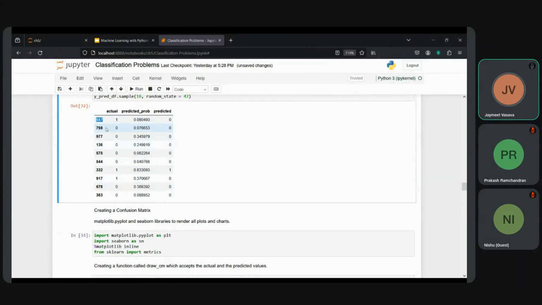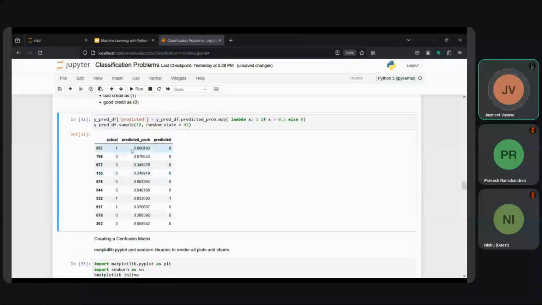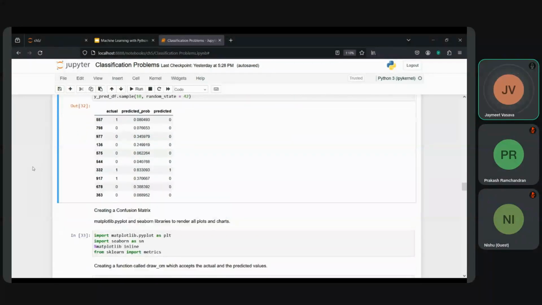Whereas observation 557 was a bad credit predicted as a good credit with a very low probability. Because of instances like observation 557, which was a bad credit predicted as a good credit,